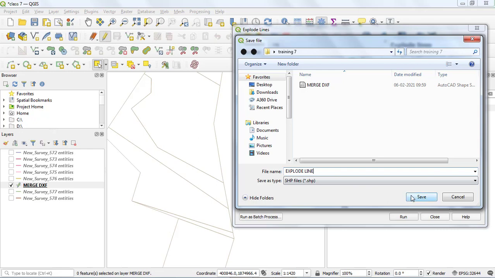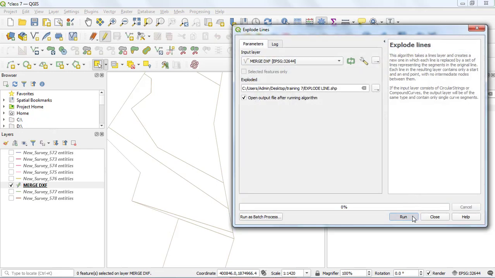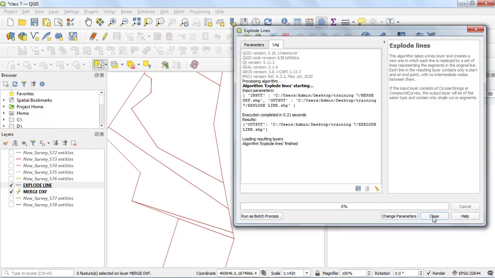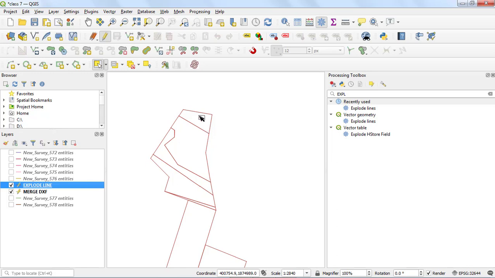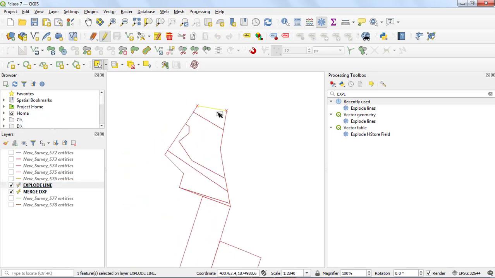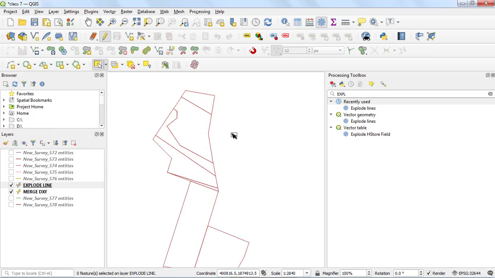After that click on save, click on run and just close. Here we can see we have exploded the lines. Select the explode layer and click on toggle editing. Now select, and we can see each line has been exploded.